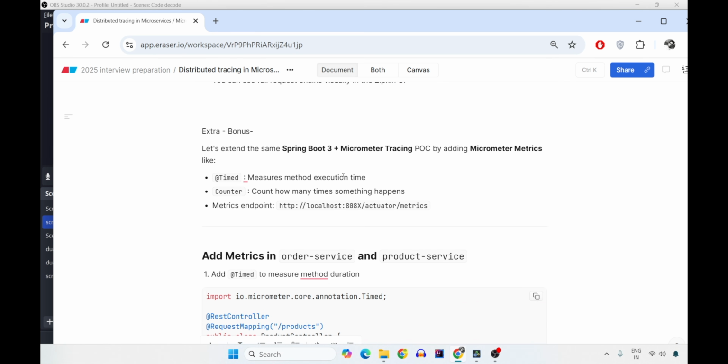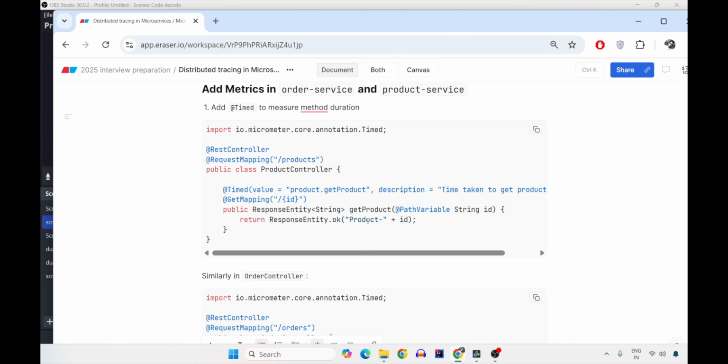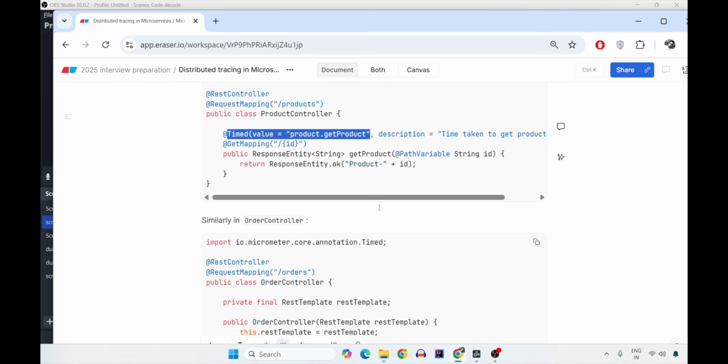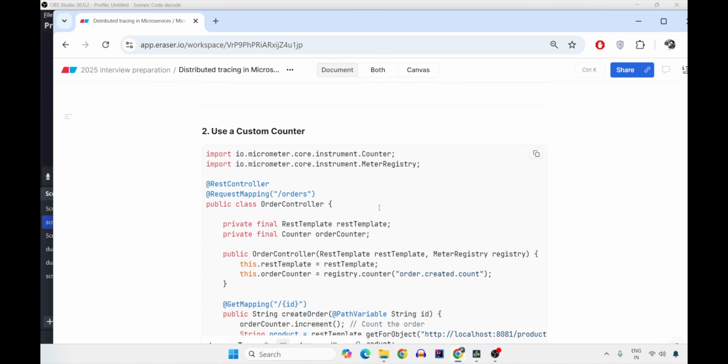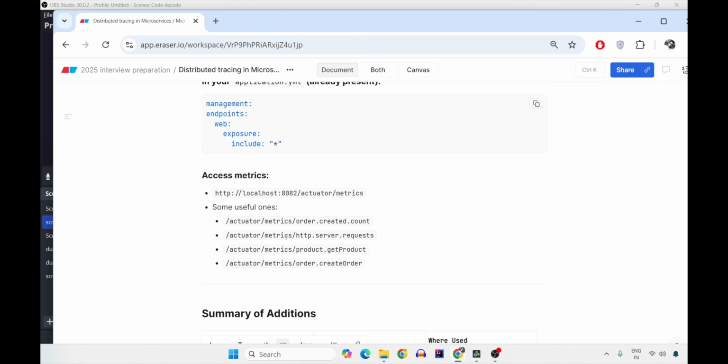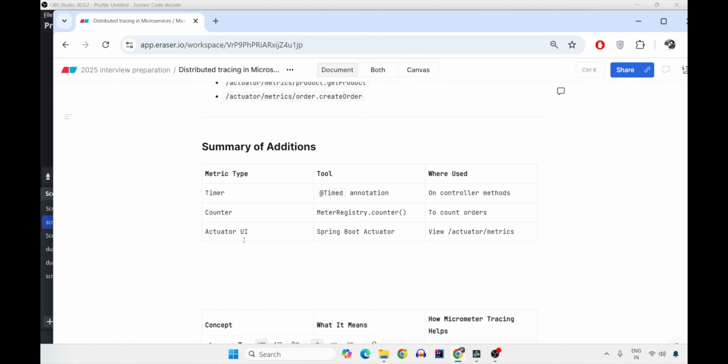Also, there is one extra thing that we can do in an upcoming video: we can customize these metrics using the actuator endpoint. So this is how you can just use @Timed to customize it, and to access it, you can see your customized metrics here in the actuator. That is why I said actuator is also important. Now let's quickly summarize it. The @Timed annotation is on controller methods. So initially, I want to know how my method is working. So you can customize the @Timed annotation by putting it on the method level also.